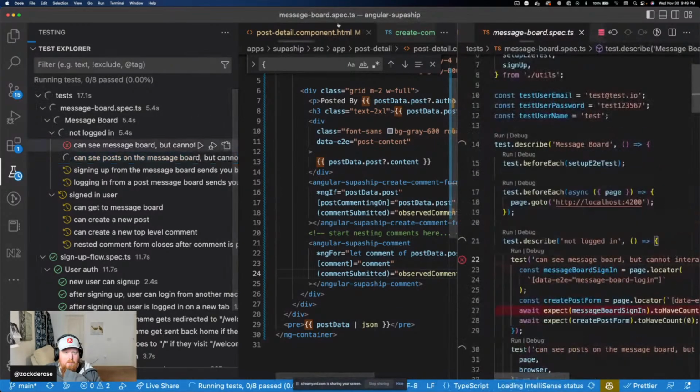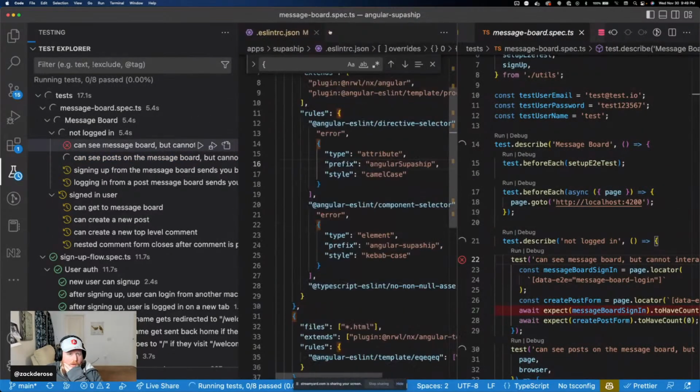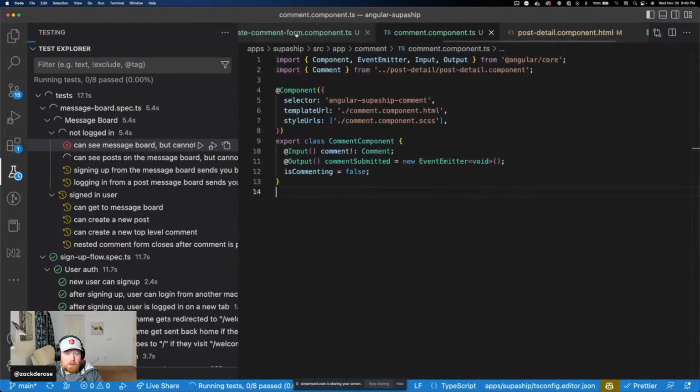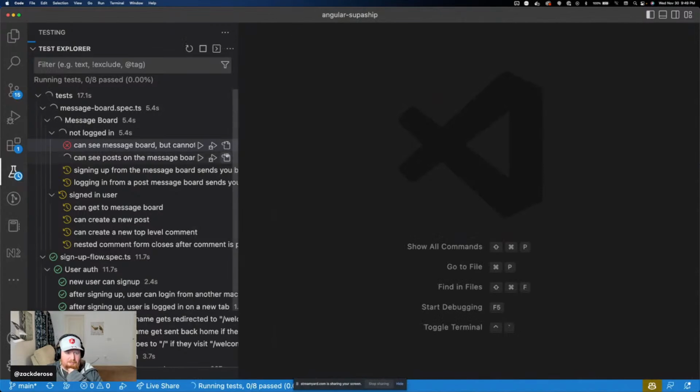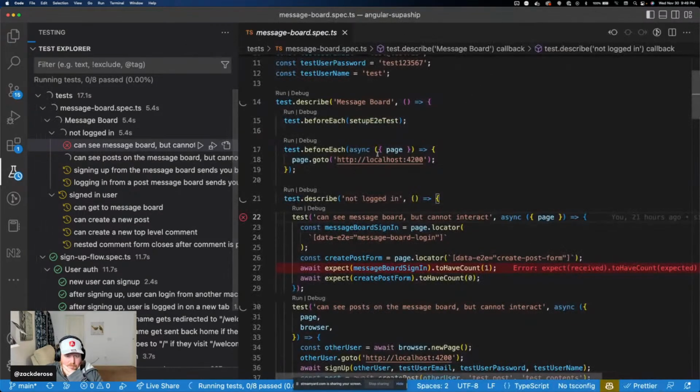Let's jump over there. Let's get rid of a lot of our tabs. Forgot how many tabs you have when you work with Angular. But okay, so the error we had here is message board sign in should have one. Oh, we probably completely ignored